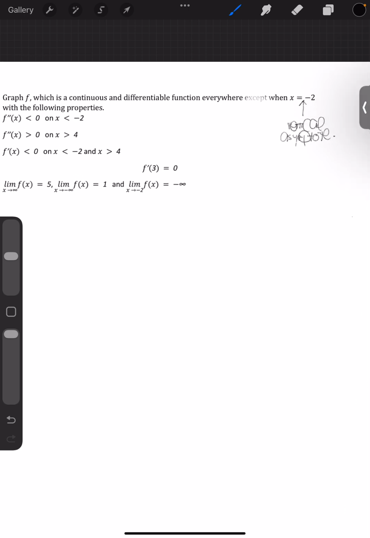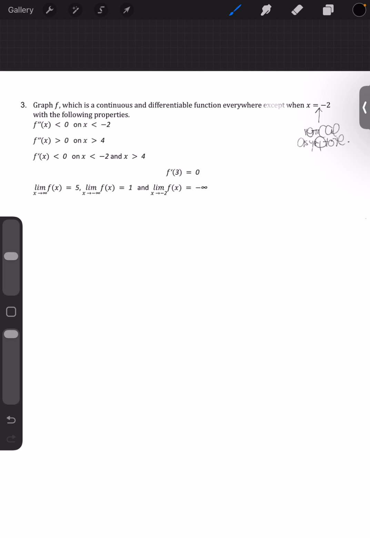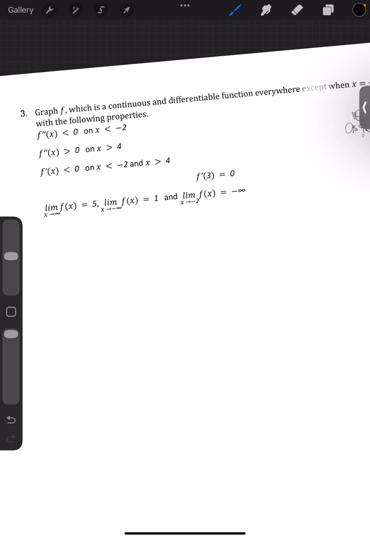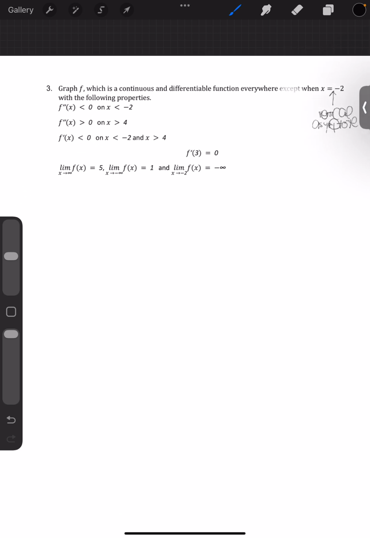Otherwise, it's just going to be continuous into negative infinity and positive infinity. So there will be a break here. We know that